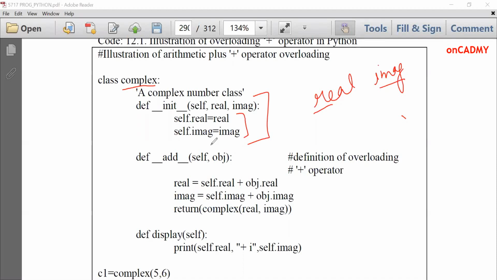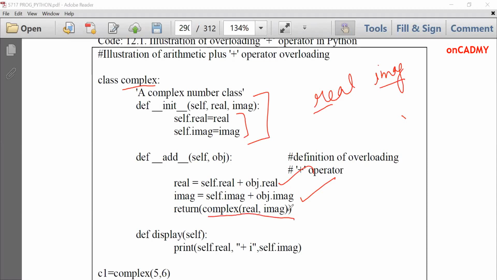Then we have defined the add function, which will add the real part with the real one and the imaginary part with the imaginary one. Fine. The real part will be added with the real one and the imaginary part will be added with the imaginary one. And after that, we will return that object.